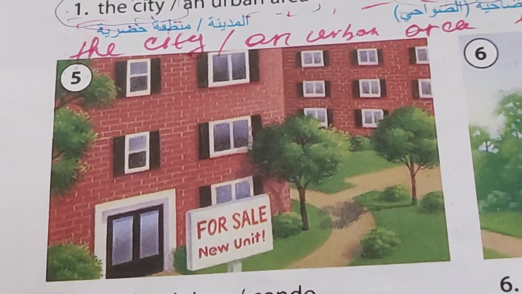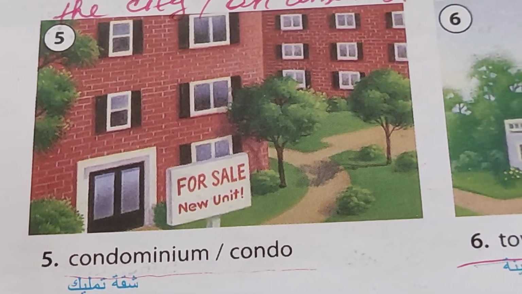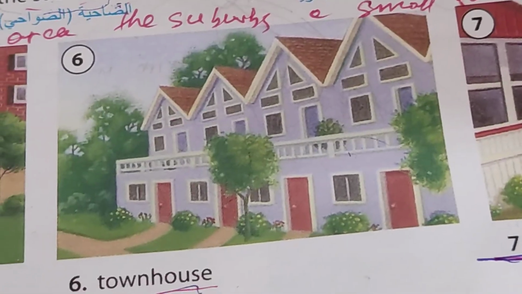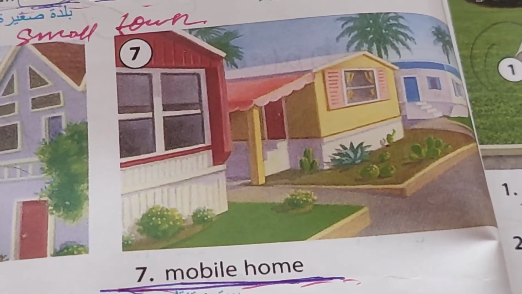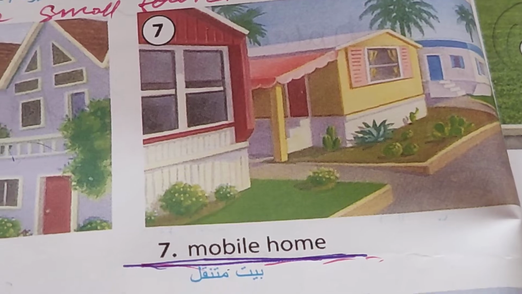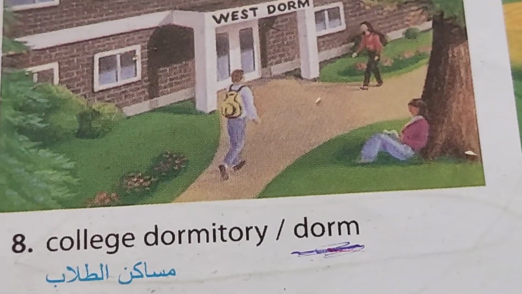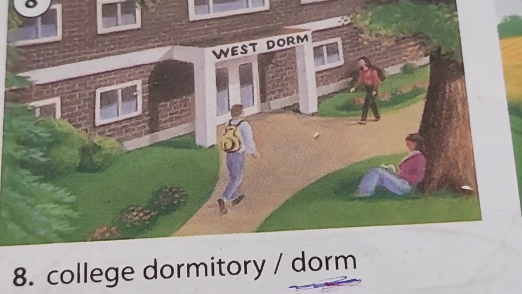First one is condominium, and here you see the picture number 5, or condo. And second one is a townhouse, and next one is a mobile house, and after that is a college dormitory or dorm. It can be a school dorm, or university